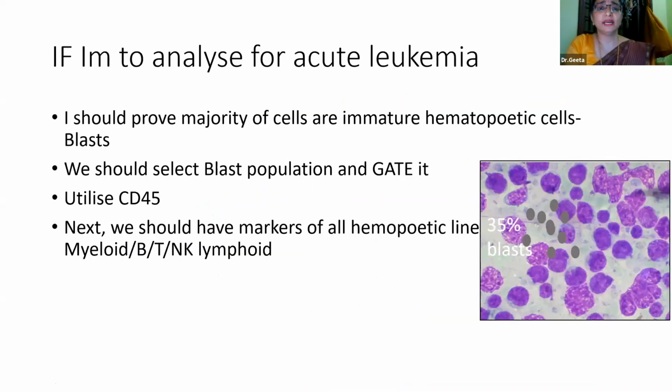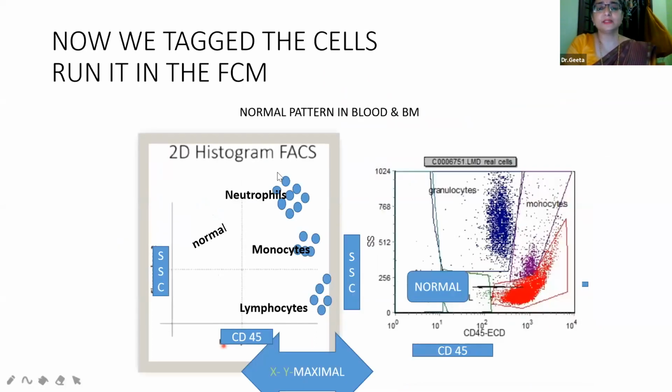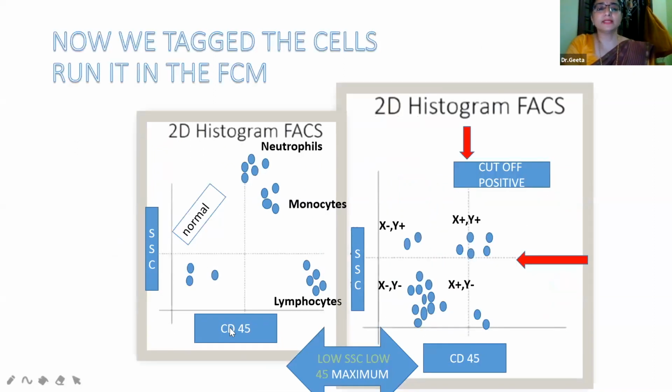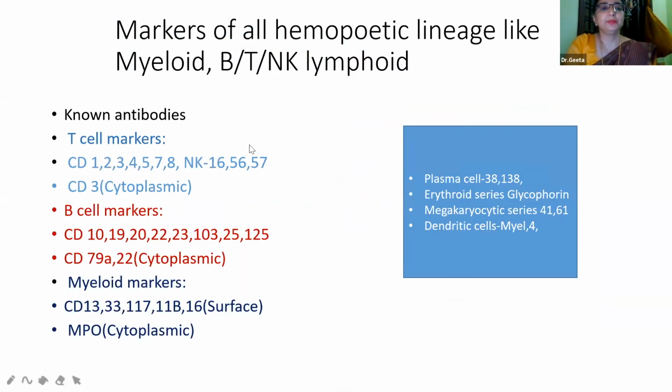Now if I want to analyze a sample for presence of blasts, then I have these normals set up. I also have the master marker, which is CD45, which differentiates a non-hematopoietic cell from the hematopoietic cell. Then I prepare different tubes which have each of these antibodies. So all the B markers are combined together. It depends upon your flow cytometer, whether you can use 4 or 5 or 6 antibodies of the same lineage in a single tube.